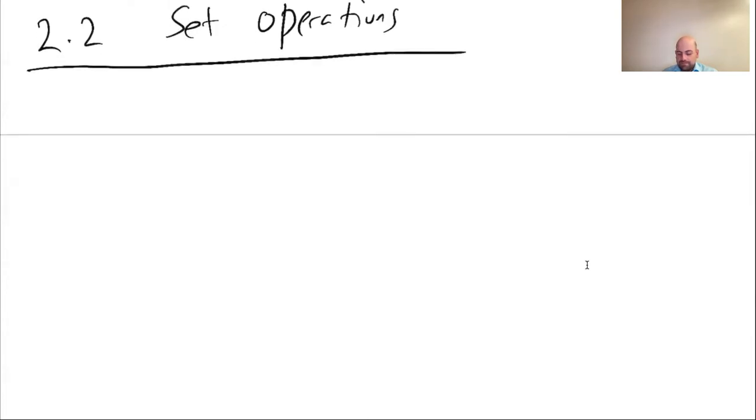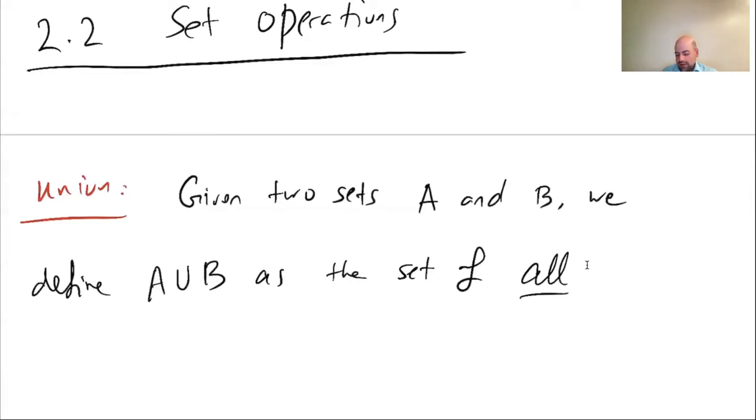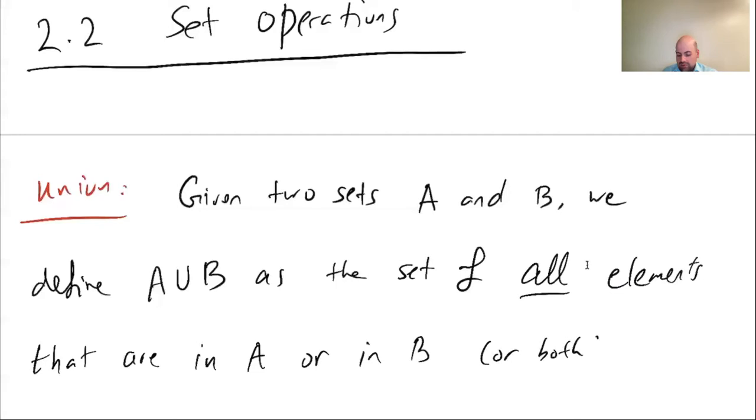The first operation we want to look at is union. So how can I define the union of two sets? Given two sets A and B, we define A union B as the set of all elements that are in A or in B, or both. So remember, or, what we call disjunction in chapter 1, means when you say P or Q,